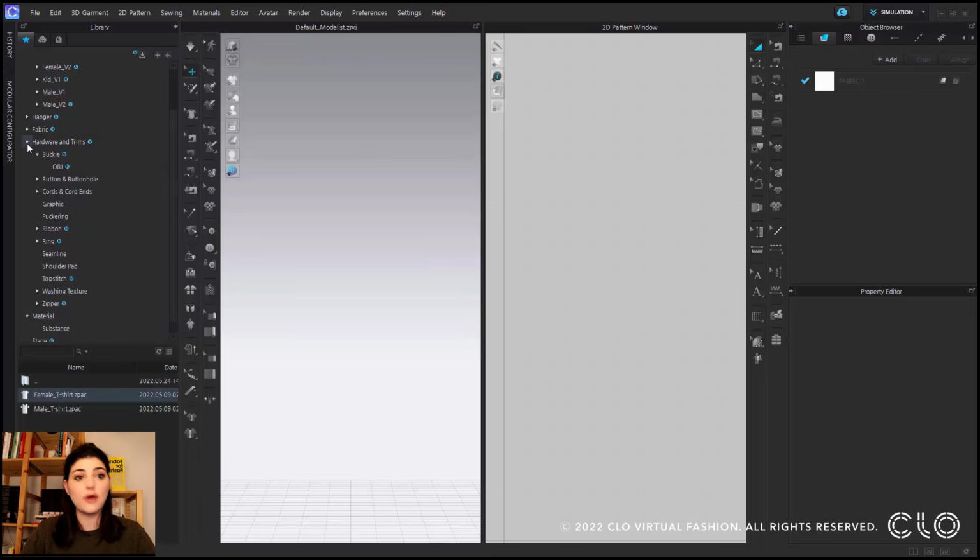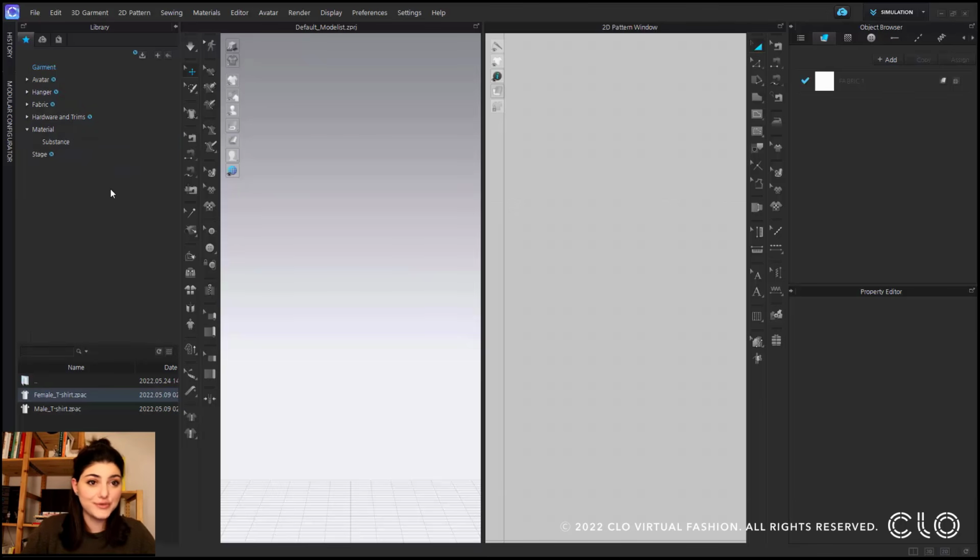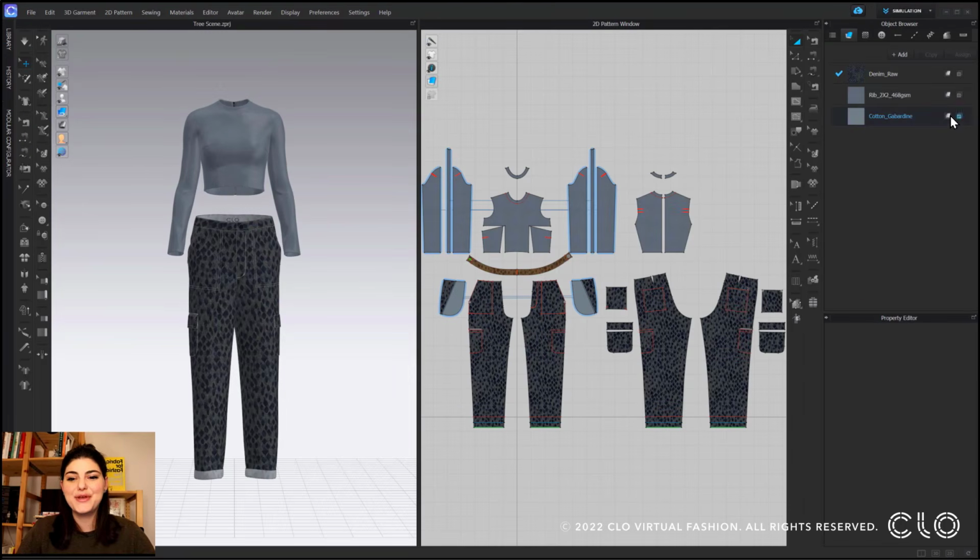If there are no longer any more subfolders, then this icon will no longer appear to drop down. So pretty intelligent. Another improvement we've made is the object browser also now has a tree structure. So look at that. So over here in the scene tab for our object browser, you'll also see a very similar layout now